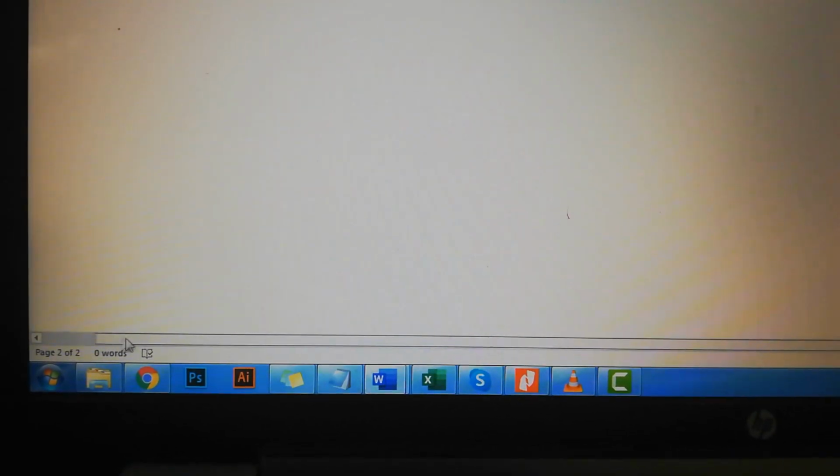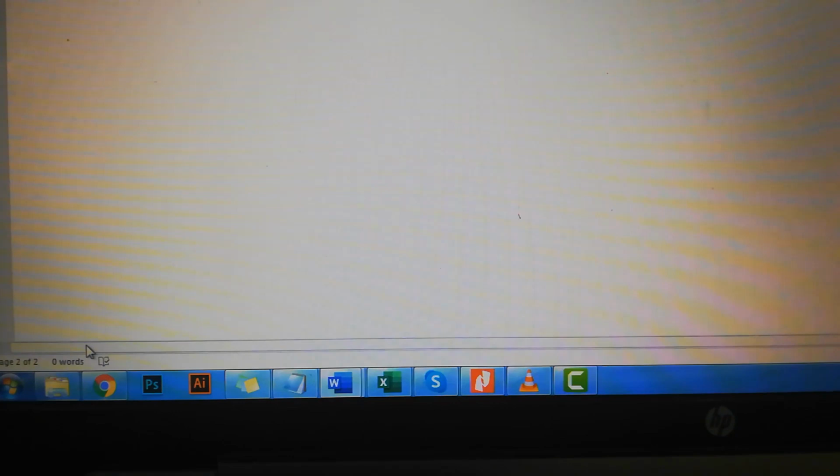And it's the scroll arrow. Click to move. It's the horizontal. And it's the vertical scroll bar.